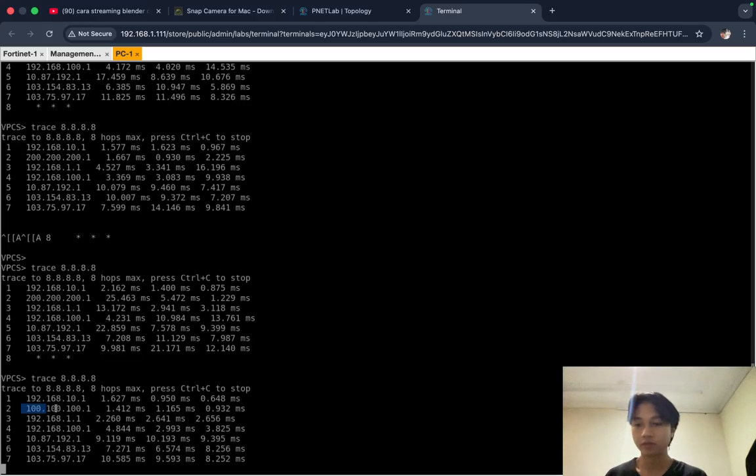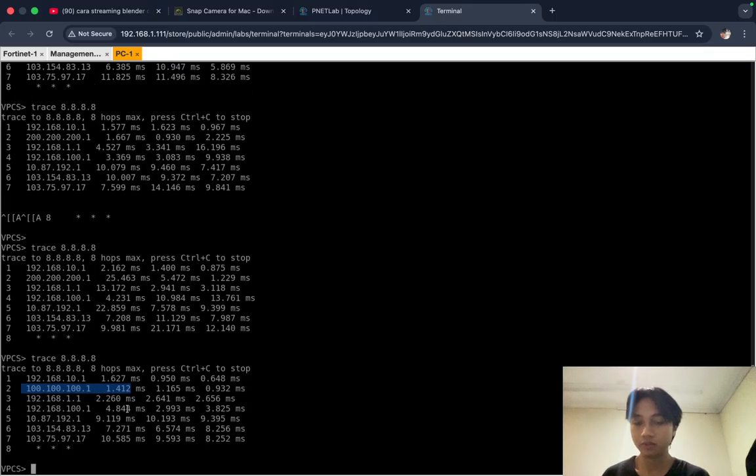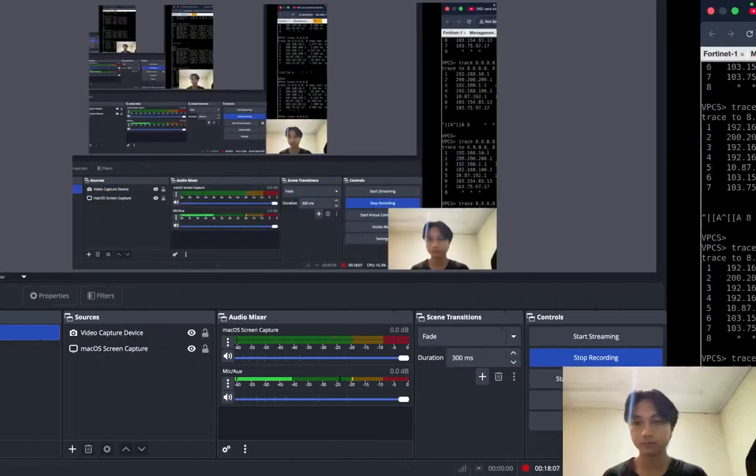You can see the gateway is changed to the main ISP. So I think the configuration in SD-WAN is clear and done.